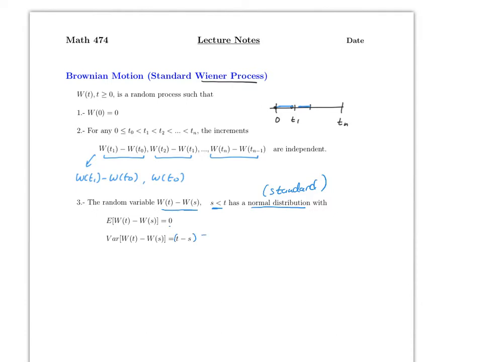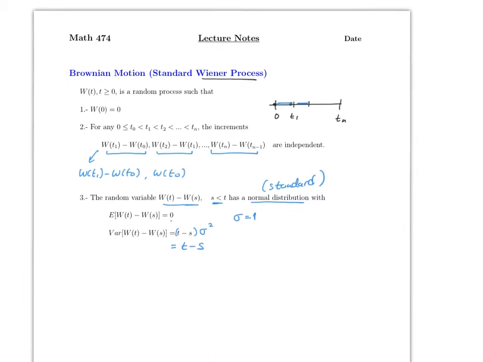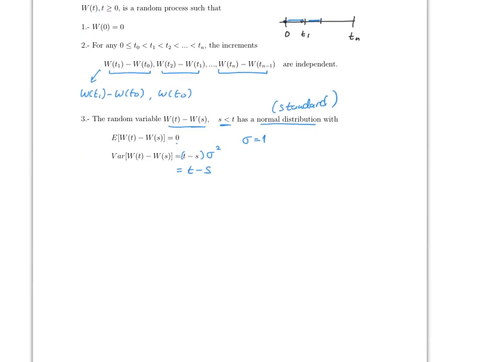And technically this should be sigma squared, but since this is a standard, sigma is equal to 1. That's why this is only equal to t minus s. So in other words, remember this technically means that Wt minus Ws is a normal distribution with mean 0 and